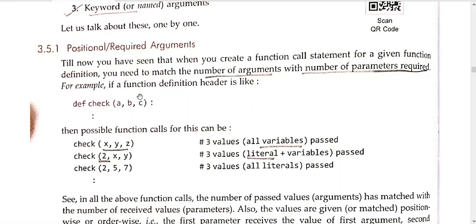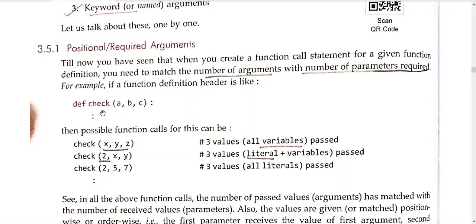If you want to give the value of this c variable, then it should be placed at the third position. The names of the variables in the function definition and in the function call can be different or they can be the same, but their position will determine what value is being passed here.